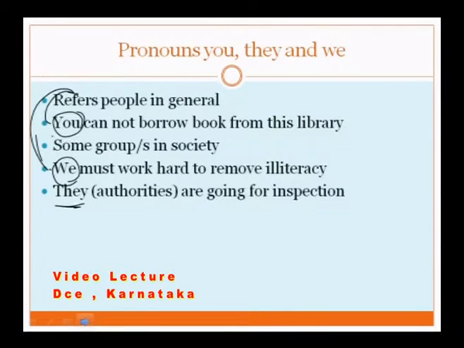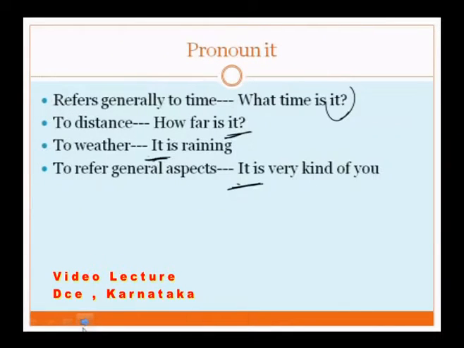Let us try to understand the pronouns you, they and we. You, they and we in general refers to what? People. When I say you cannot borrow a book from this library, it refers to everybody. It refers to group or groups in the society. We must work hard. They, authorities, are going for inspection. They means what? Once again, group. They means what? Authority. We means what? A small group. It refers to what? It refers to people in general. And finally,